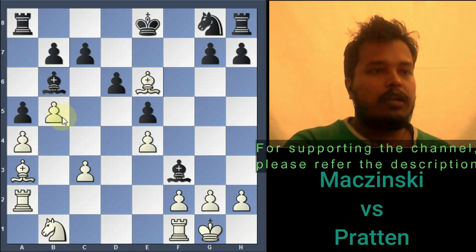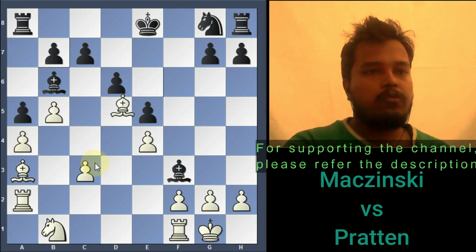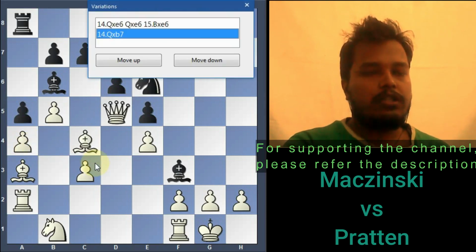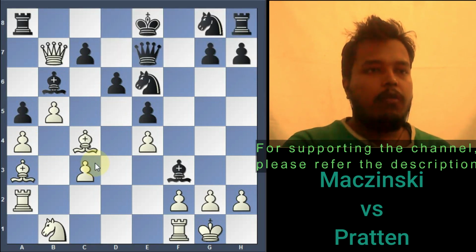in the center and the side, so this a4 and b5 pawn may be attacked if black moves on to the endgame. So his knight may come to c5 and attack the a4 pawn, so he allows for this exchange. But now white captures the pawn on the b7. So white undermines the black's attack on the king side and takes the pawn on the b7, which is actually